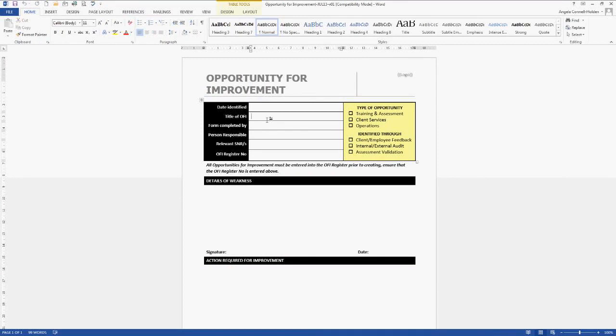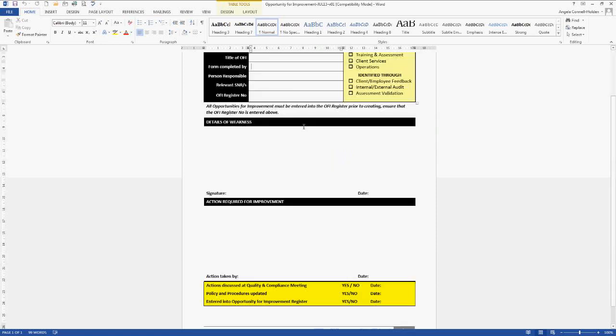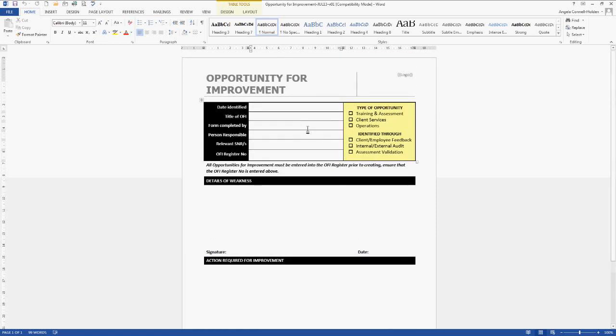And it's a great way to demonstrate to ASQA, but also how to maintain that compliance throughout your organisation on an ongoing basis. So if someone says, oh, I've got an idea or something that will improve the practices of your RTO, give them one of these. Give them this opportunity for improvement form and get them to fill it out, because that's certainly going to be a great way.